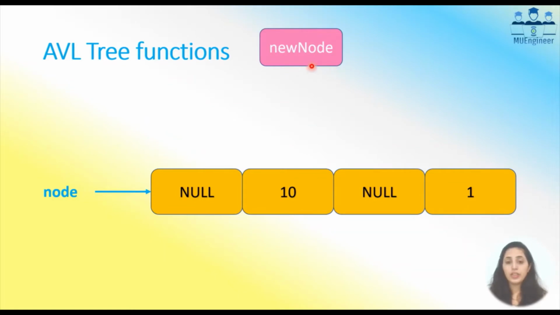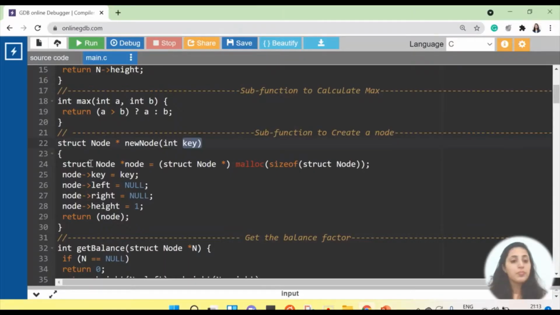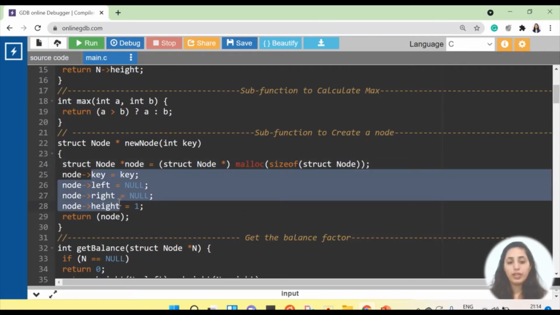So this new node function is actually creating one node for us and allocating some values to the node. Here we can see new node is taking as an input only the key value, or the data item which I want to store inside the node. Then I am creating a node with a variable node from the struct node definition, and I'm allocating the size, that is malloc, from the main memory. And then in that node I have 4 fields, so I'm just putting the values in all the 4 fields.